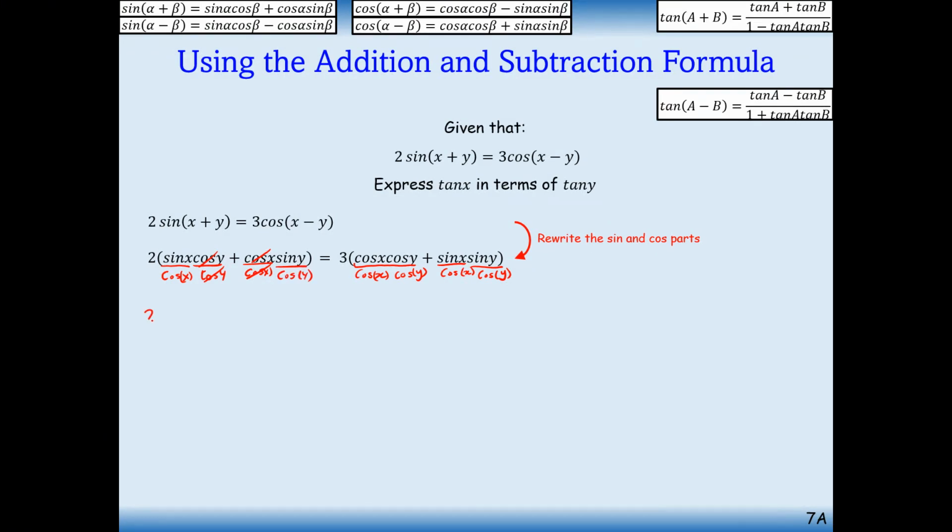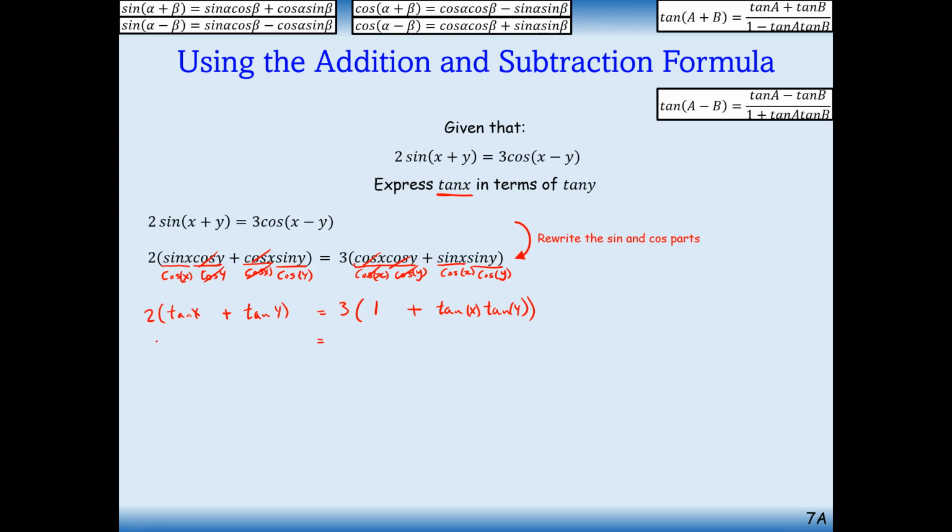We will have 2 tan x here. These two cancel away, cos x cancels away. We're left with tan of y here. Over here this cancels away to 1, and here we will have tan of x multiplied by tan of y. So now we can multiply the brackets here, and just thinking back to our purpose, the purpose is to extract